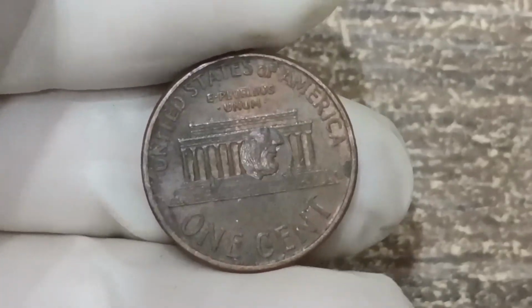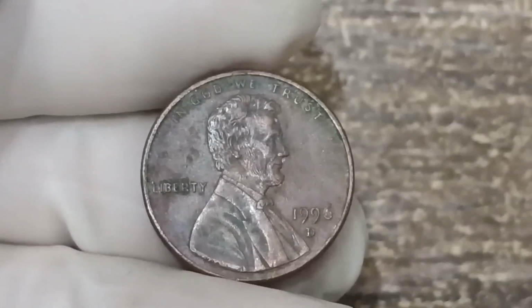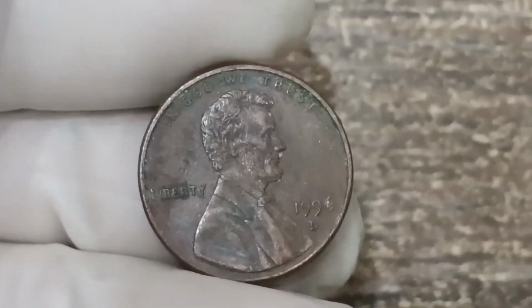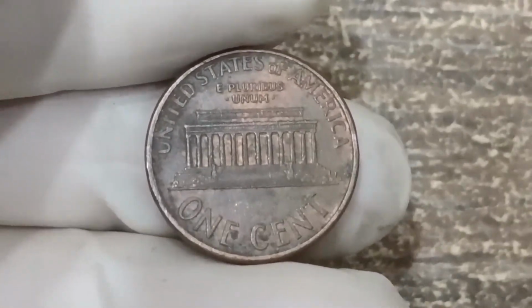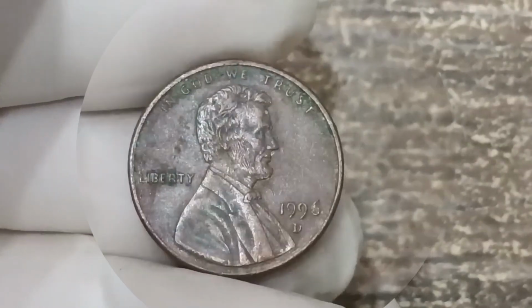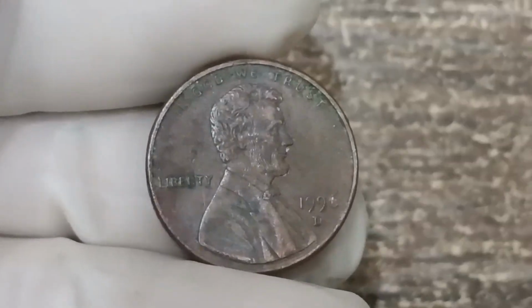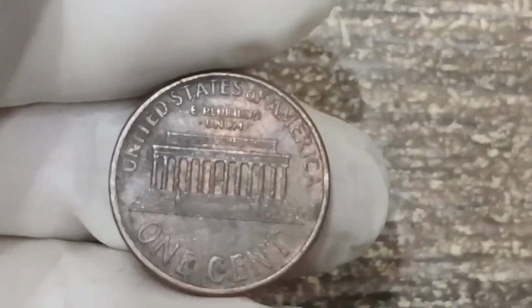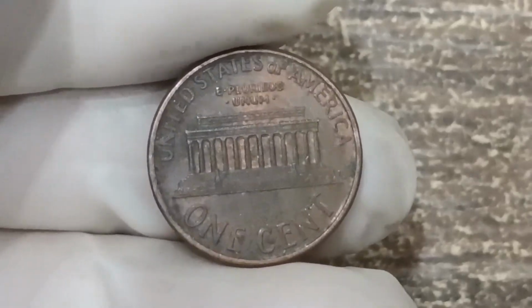Pennies graded by professional services like PCGS or NGC at MS67 or higher with full red luster and minimal marks are the ones that bring the biggest money, and when a dramatic error or variety is preserved at that grade, it becomes the finest known example, and collectors with deep pockets will pay astronomical sums for the privilege of owning it. Because in the coin market rarity plus condition equals value,